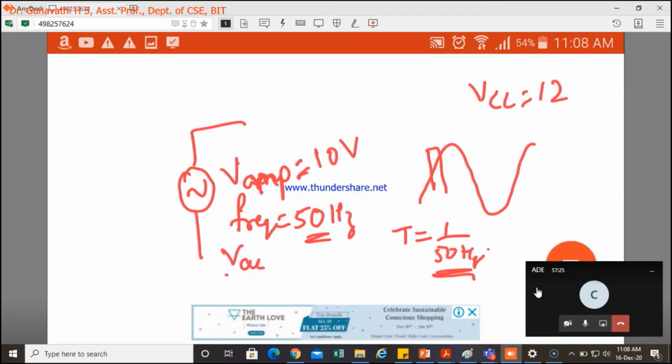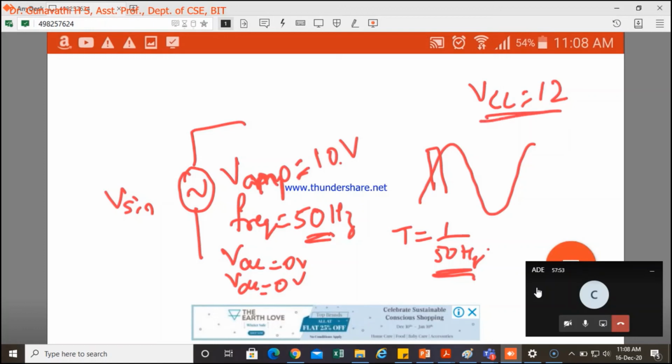VAC, VDC, all these things you should give 0, 0 volts in the settings. It should be VSIN. Please note these things in your observation copy. This is supposed to be a sine wave. V amplitude should be 10 volts. Frequency to be 50 hertz. These two things you need to remember. This you can give 0. Rest all you can just leave empty and work with it.